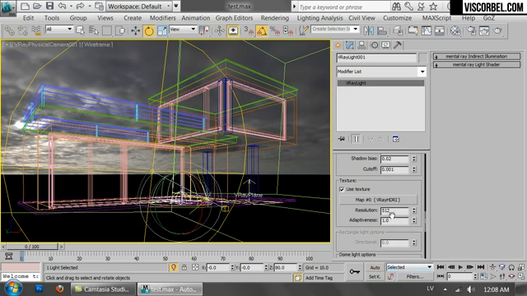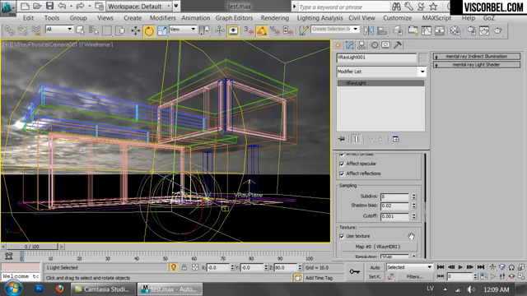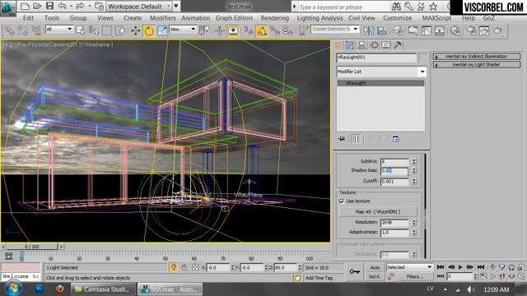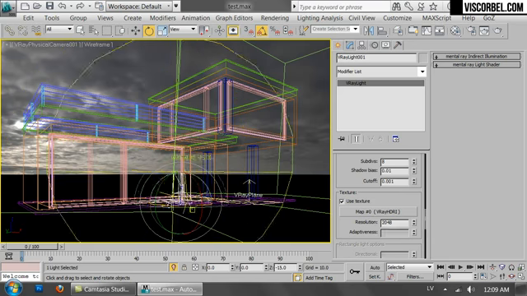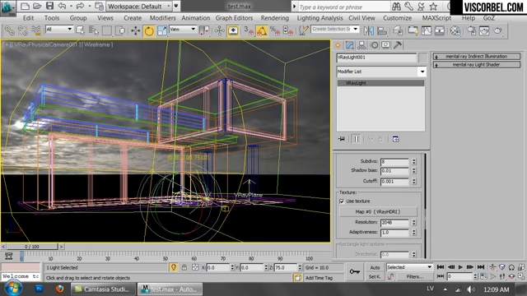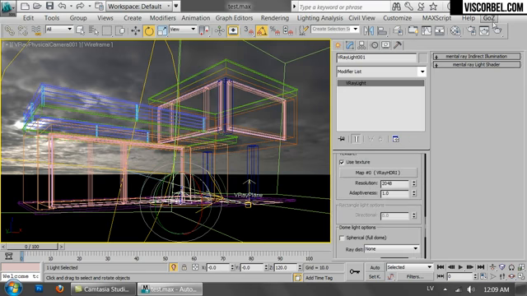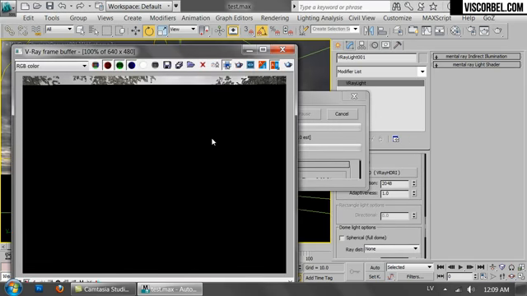And for final renders, you might want to increase the map resolution to the maximum available value of 2048 pixels. Something like that. You can decrease the shadow bias to get more precise shadows. Alright. And that's about it. Now when you render,